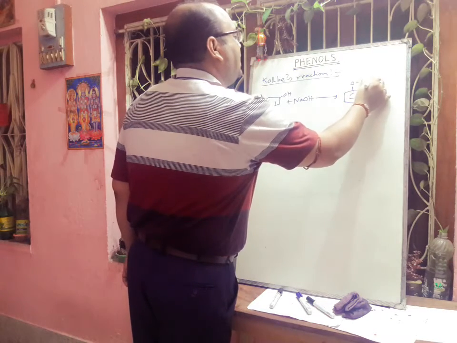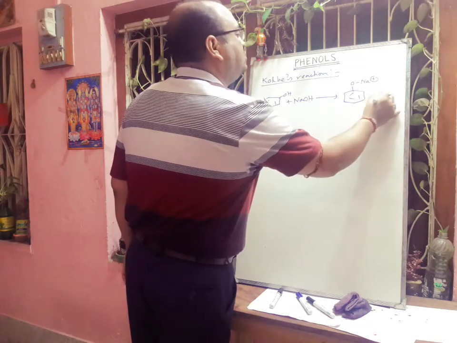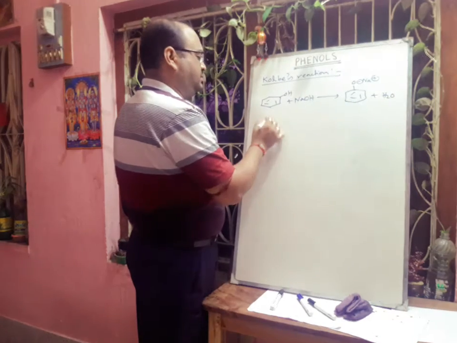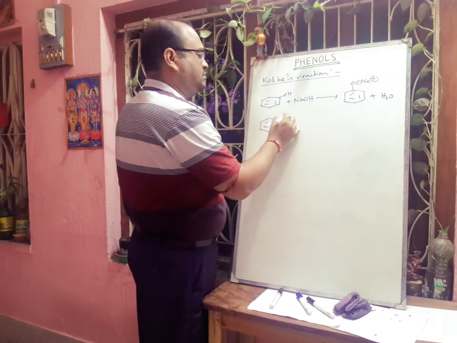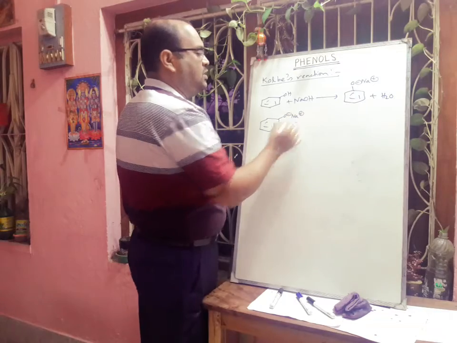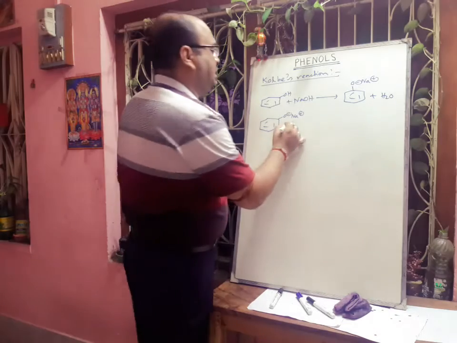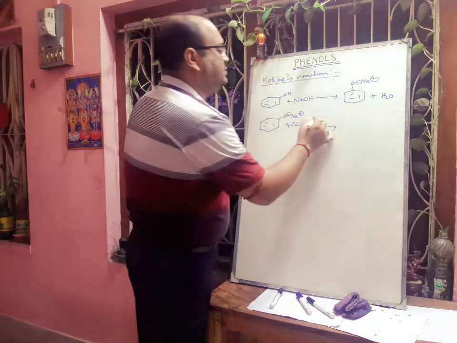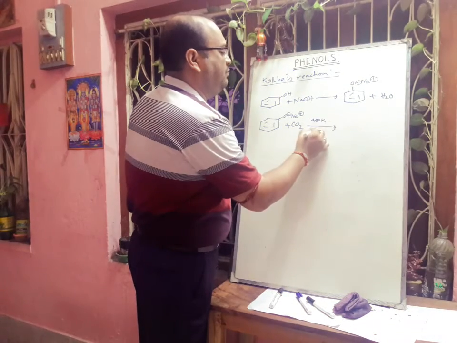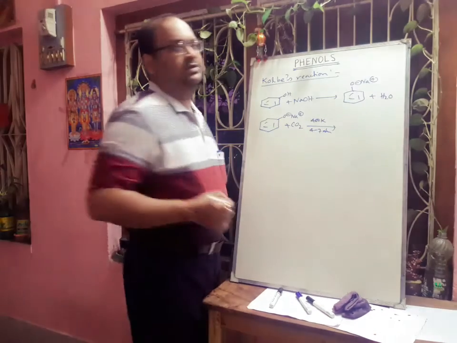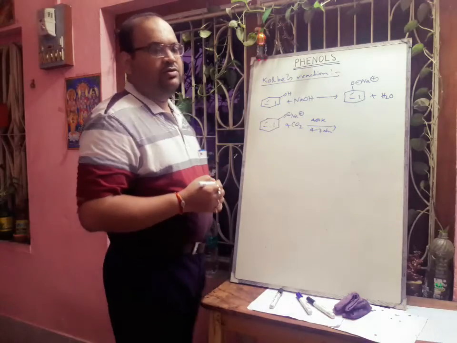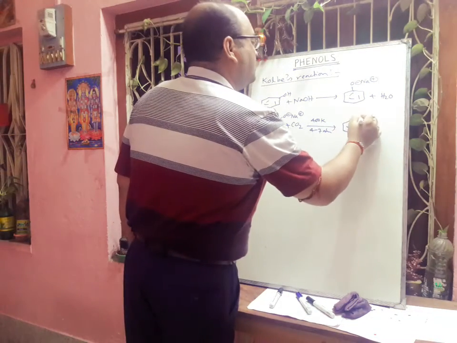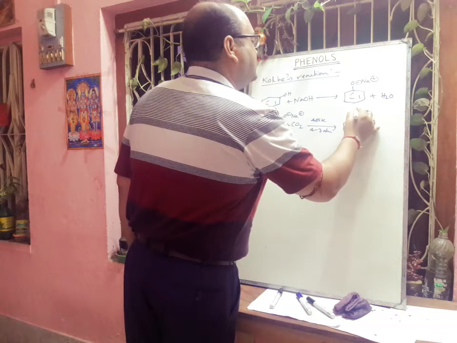O minus Na plus H2. This sodium phenoxide will react with carbon dioxide at 400 Kelvin temperature and 4 to 7 atmospheric pressure. Then it will produce the carboxylic acid salt,